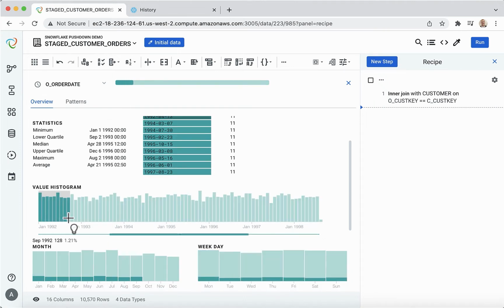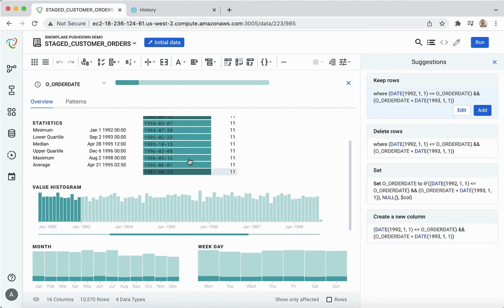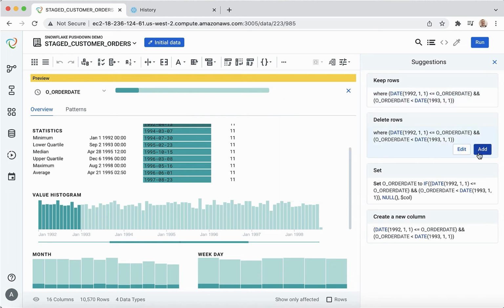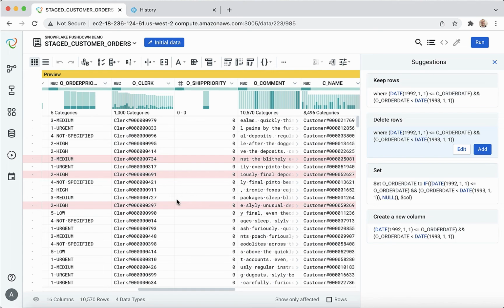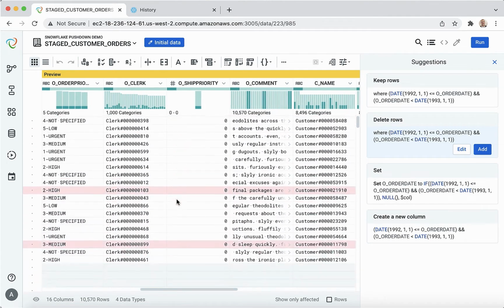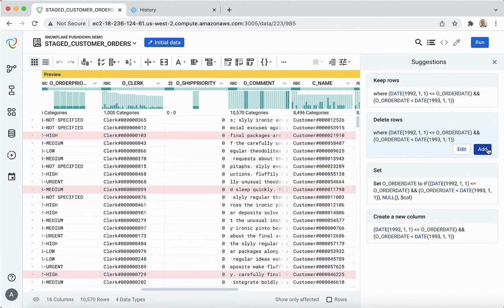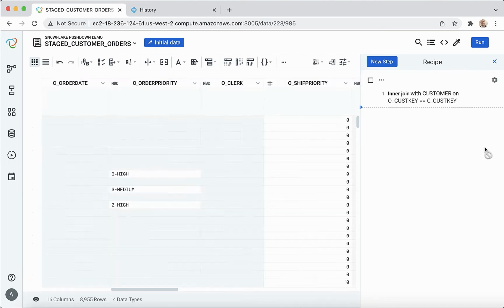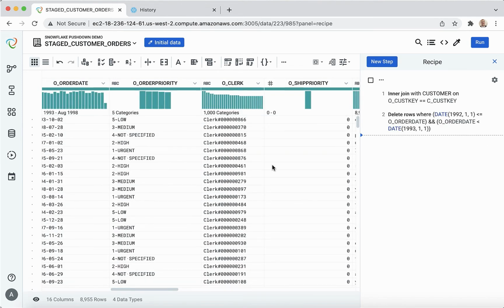For this example, I don't want to include any data from the year 1992, so I'll select the appropriate months from that year and delete those rows from my table. As you can see, Trifacta has automatically generated several intuitive data transformation suggestions, which change based on the data I'm interacting with. After clicking on a suggestion, I can navigate back to my data table to see a real-time preview of the data transformation before applying it. Then, with a single click, I can apply the transformation, which may otherwise have required me to write extensive SQL